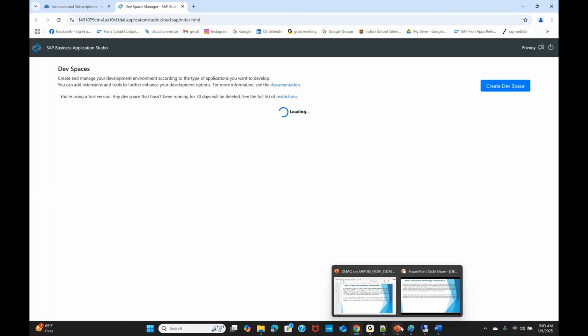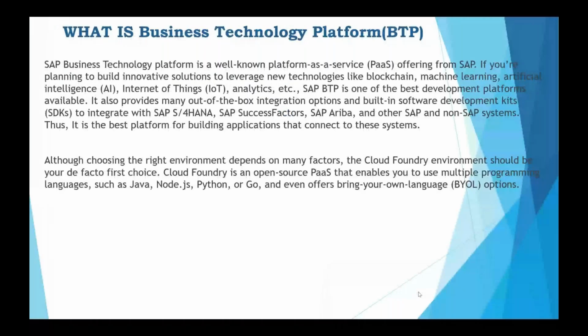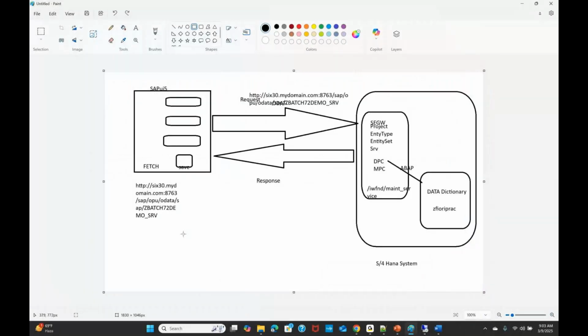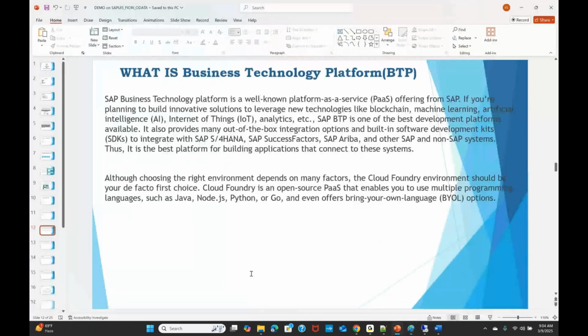So now you understand what is BTP. Anyone have any questions? Now we are going to develop this SAP UI5 application in BTP in the cloud. One of the services in BTP is called Business Application Studio.